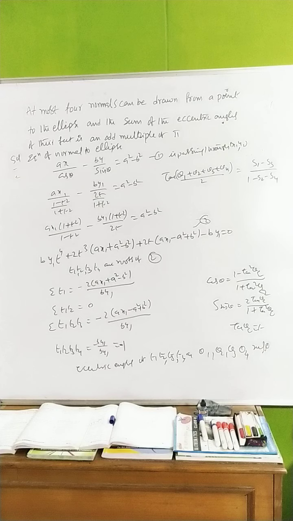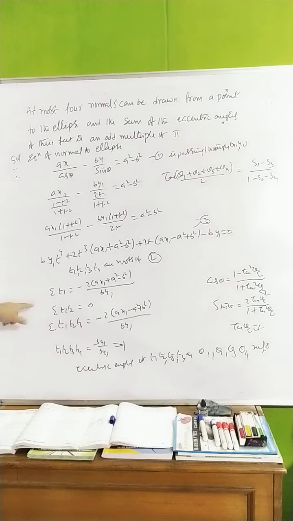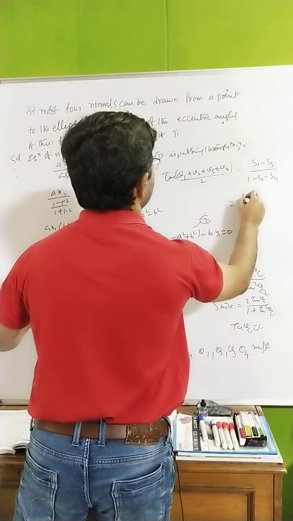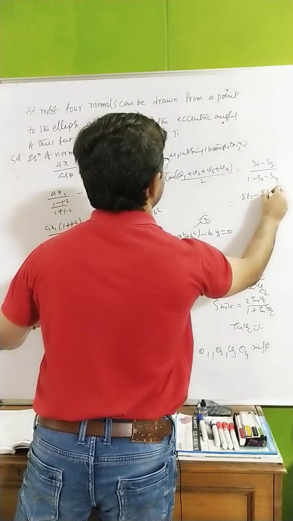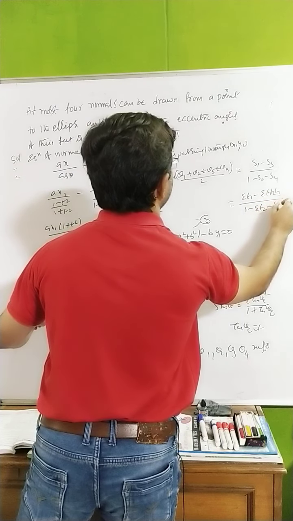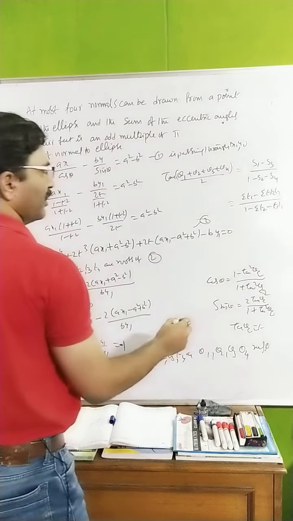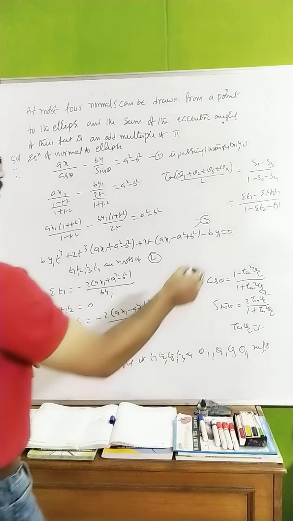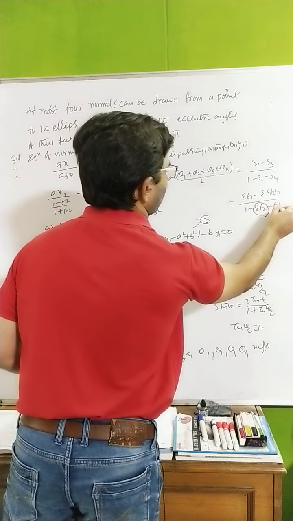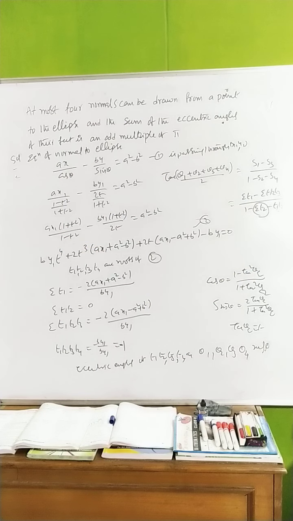Okay, that is the formula which you have. S1 means, as you know very well, the summation of t1 minus sigma t1 t2 t3 divided by 1 minus sigma t1 t2, t1 t2 t3 t4 you are getting. So anyhow t2 is 0, this is 0 and this is minus 1, that is the formula.